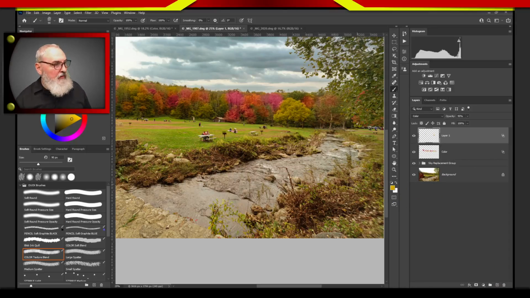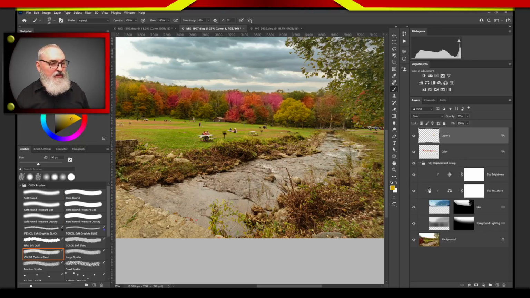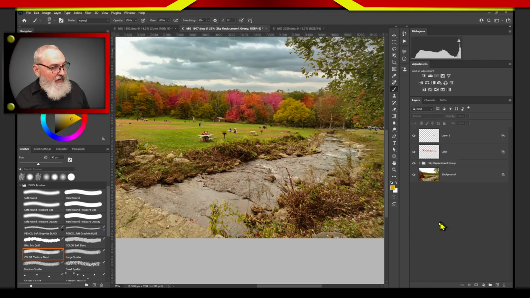The other way you can do it is if you have a copy of the sky. What I normally would do is make a copy of my sky, right? In this case, for some reason, it's really doing some funky things with the color, and I don't understand why. I'm not going to bother finding out right now because I don't want to kill your guys' time. But I would make a copy, flip it horizontally and overlay it over where my water is, change the blend mode, so that it now colors